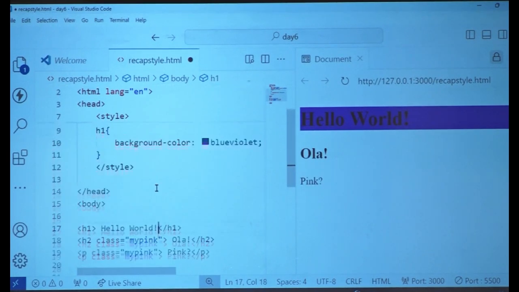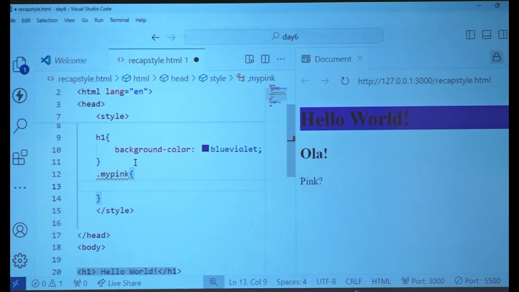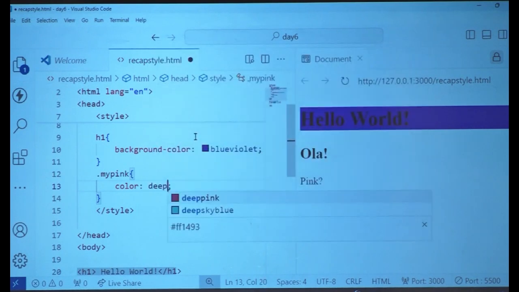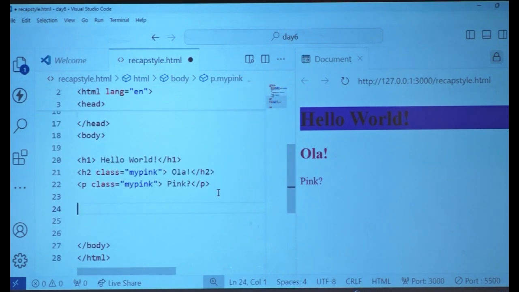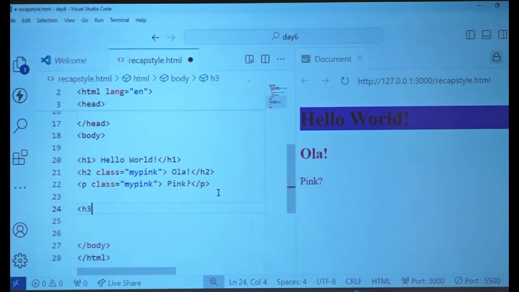So that is when I'll make a class, and here I'll go and say my pink. Remember, don't forget the dot. I'll come here and say background color, but I said text color, right? So that would be just color. What color do I want? There is a deep pink or something, I'll just say that. There, done. So this is your class, that is your element, and let me have one more h3,